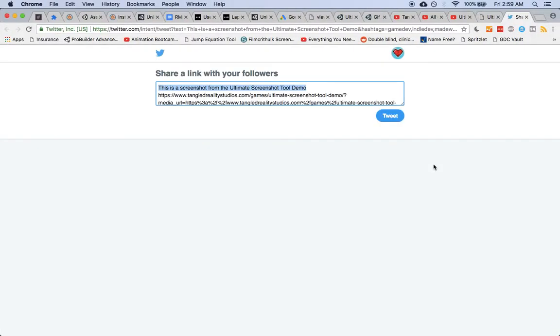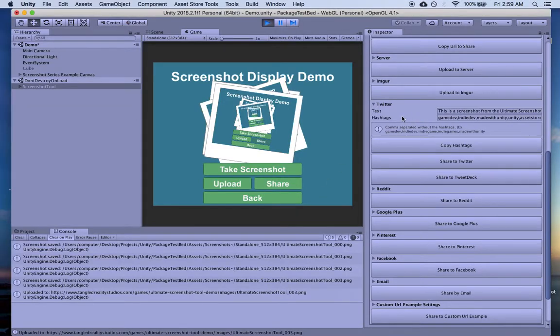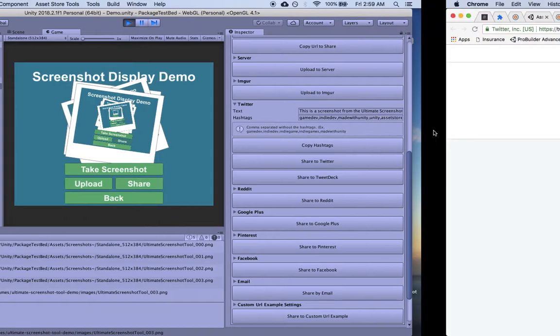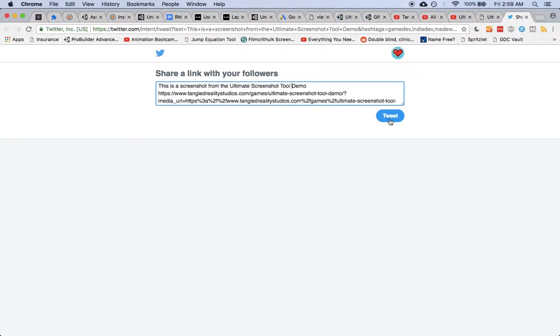So now let's go ahead and click Share to Twitter. So it's got some text here, and there's some hashtags here as well, and those are just pulled from what's already specified in the window. But then if we share this,